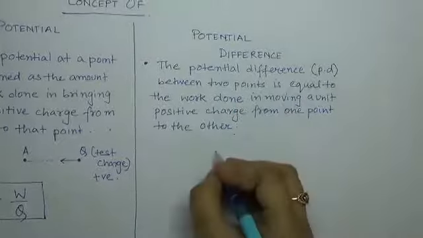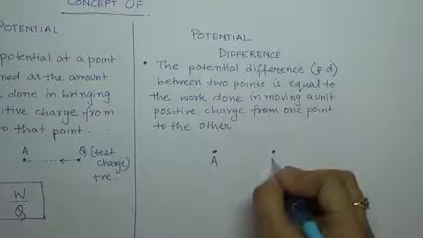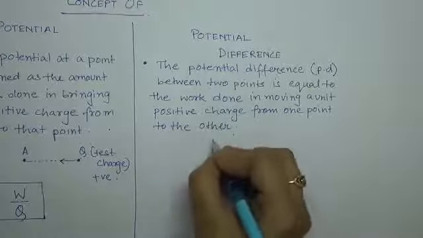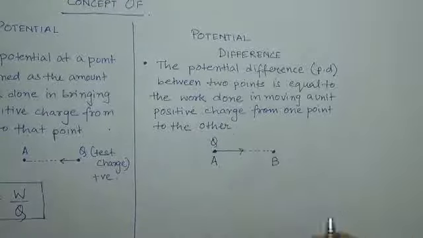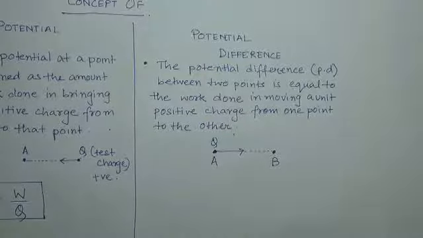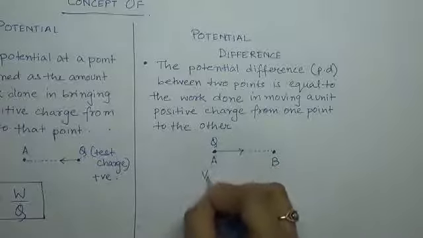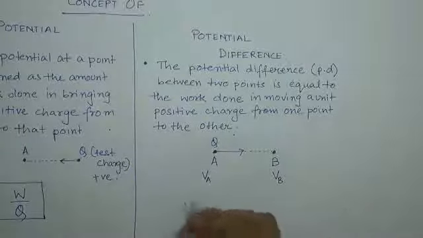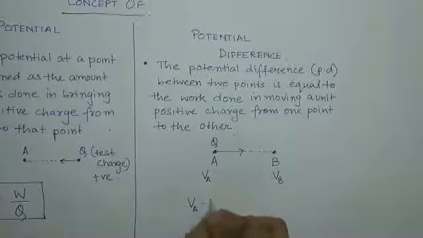So first let us consider 2 points, point A and point B. Okay, you want to bring a test charge Q from A to B. In doing so, the work done will be the measure of the potential difference. So suppose the potential at this point is VA, the potential at this point is VB. So the potential difference in carrying a test charge Q from A to B will be written as VA minus VB,